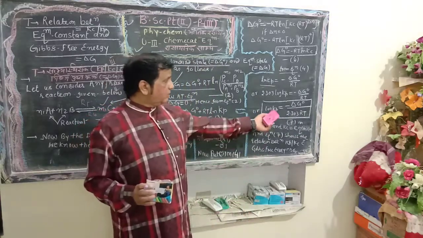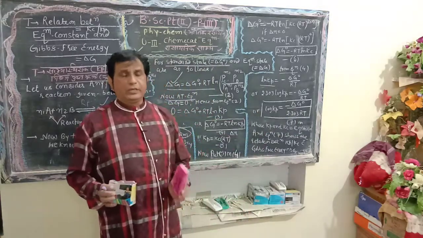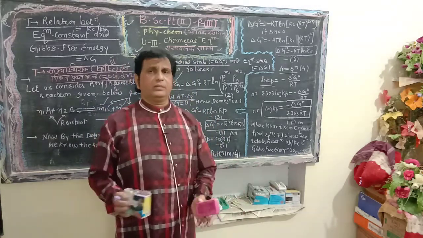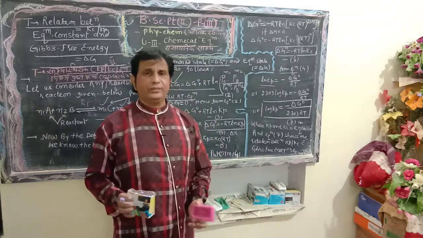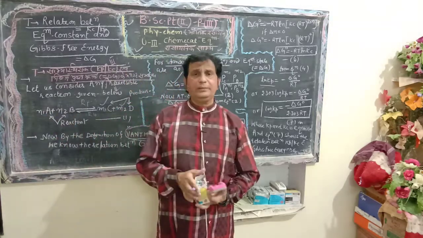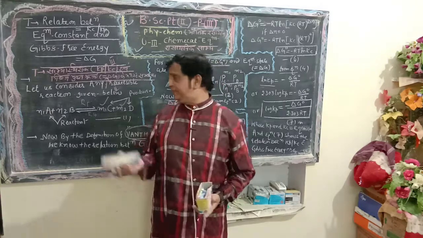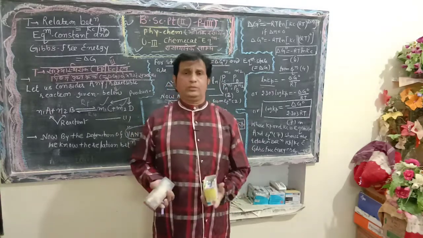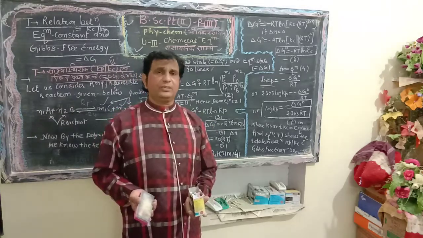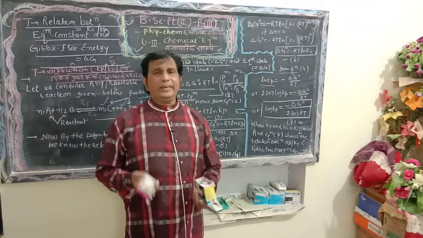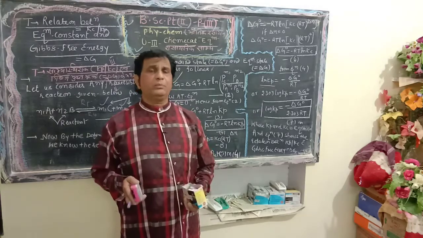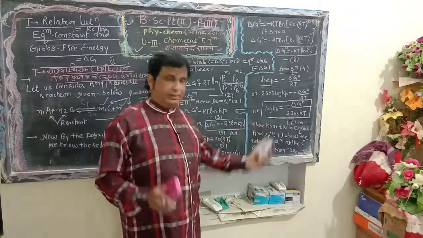In equation number 7, Kp denotes the equilibrium constant when reactants and products are taken in the gaseous phase. In this case, suppose A and B are used in the gaseous phase, and C and D are produced in the gaseous state. In such a position, as in our previous lecture, the constant is known as the equilibrium constant and symbolized by Kp.